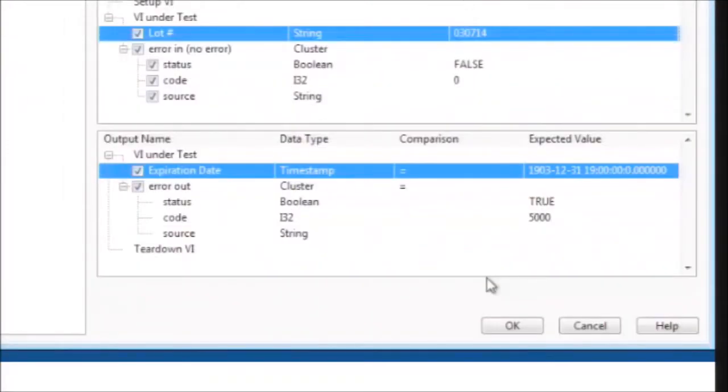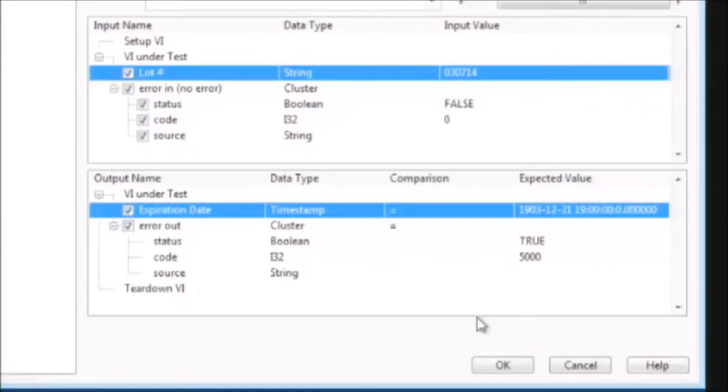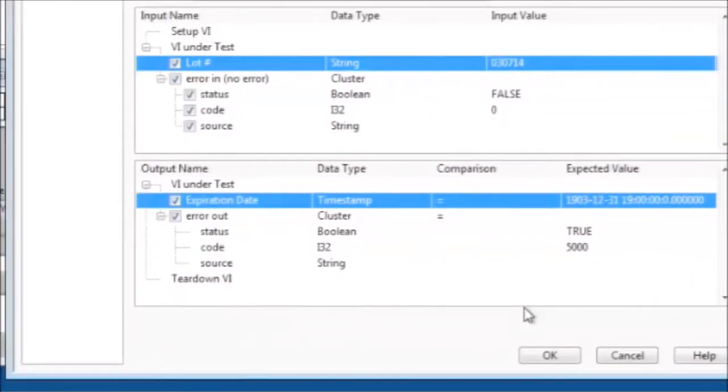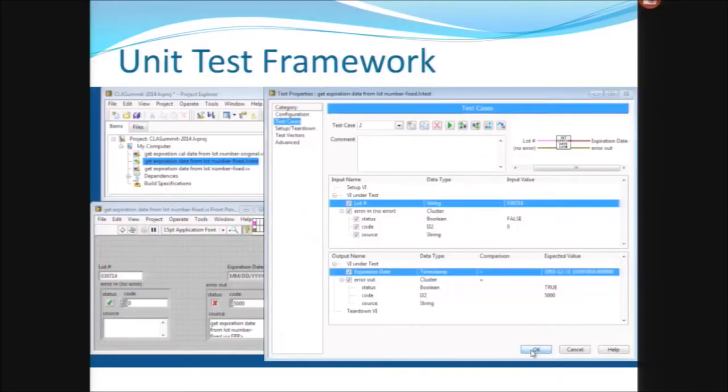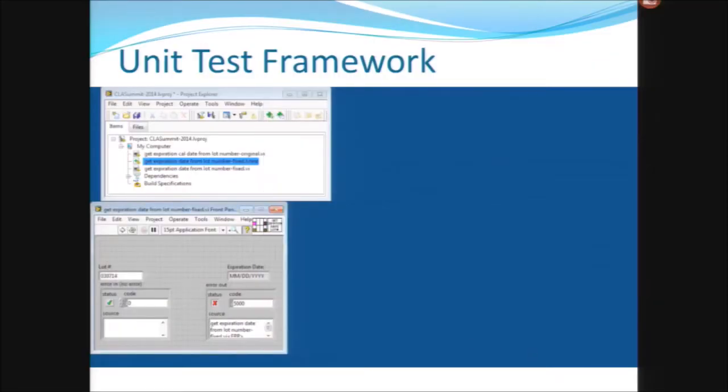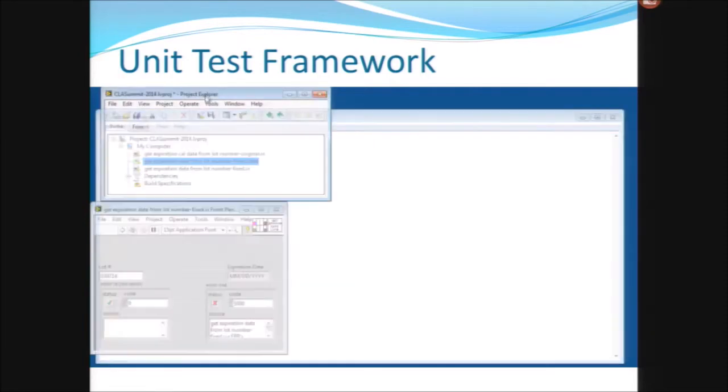The easiest thing that I could have done is go directly here on the comparison, and instead of doing an equal, I would have done by element. But I'm trying to show you my discovery path when I started using the unit test framework. My discovery path was that on the top, the error cluster has 3 checkboxes, right? So I couldn't find the 3 checkboxes on the bottom. So I went through the complicated path of actually closing the VI, the LV test, sorry, and open it in